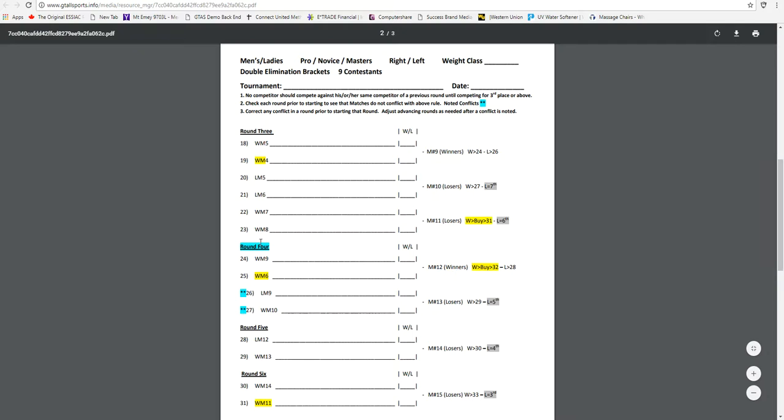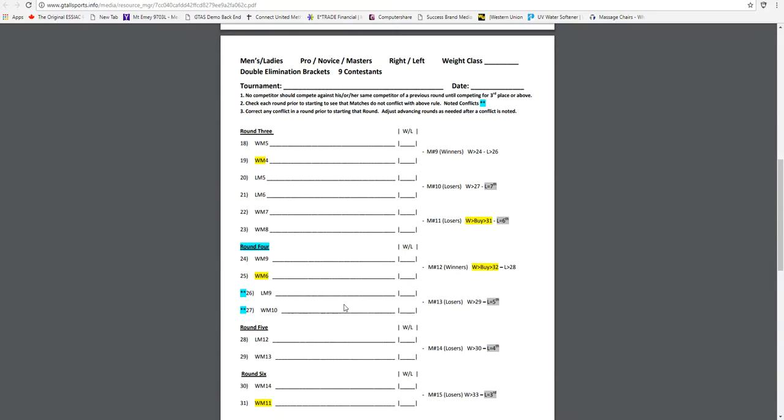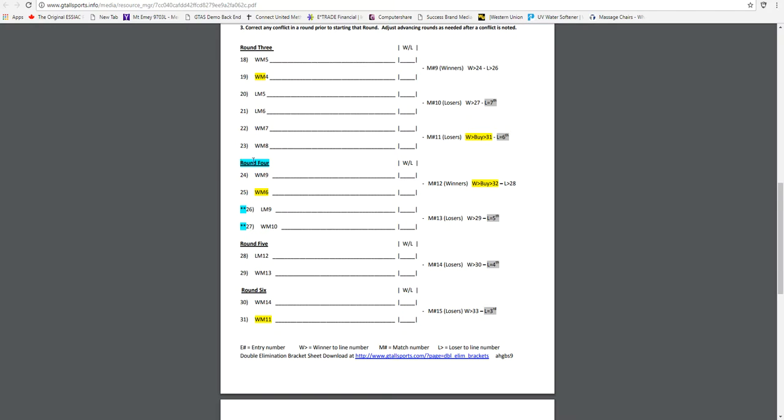So before you start round 4, you may want to adjust the brackets below this so they will not compete against each other prior to taking 3rd place. Because the loser here might be a double loser from the exact same person, you wouldn't want him to take 5th place if only one person has beat him, but that person beat him twice. So there is the caution of round 4 that you might have to do a little bit of adjusting on